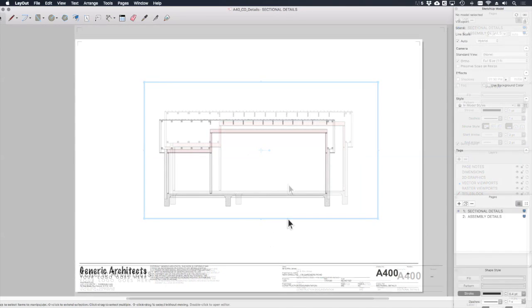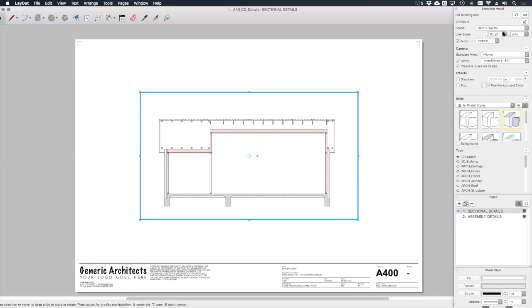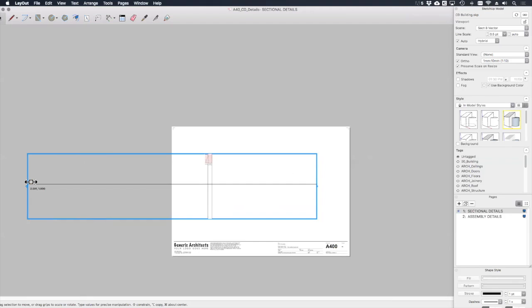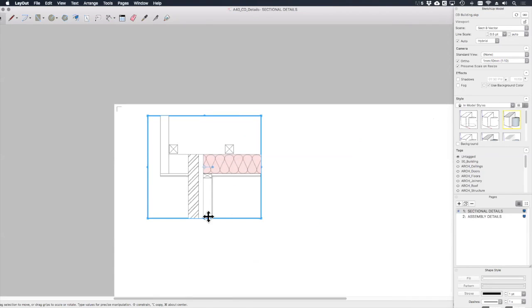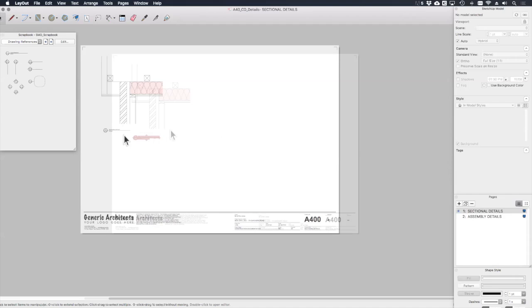So to set up the first detail, which is going to be this eaves detail here, if I select this viewport, I can keep all of these settings the same. I just want to change the scale to 1 to 10. Now I have to pan out and find that detail. So there I've located the detail that I want to show. Next, I want to drag a detail reference in here. Then I can select the drawing reference and the viewport